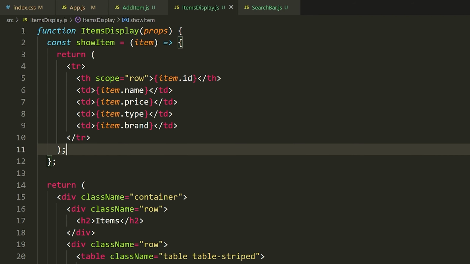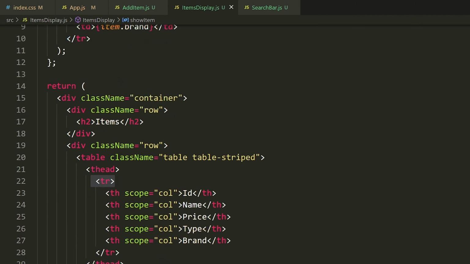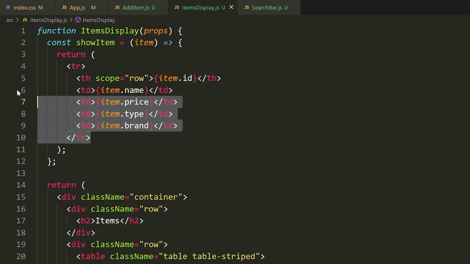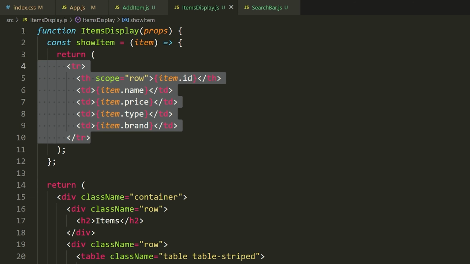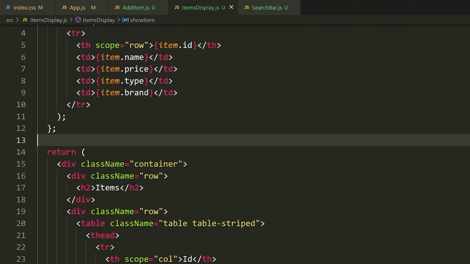Okay, so in case you're unfamiliar with what th does, it just bolds the entry. So I want the ID to be bolded. Usually you have one entry that's bolded to signify, hey, this is the identifier of this item, and then I'll show the name, the price, the type, and the brand of the item, right? And we just put it inside of a table row. So now what's happening is inside of our table body, we're going to be rendering different rows for every single one of our new items. That's all we need to do now to create this table. All right, so the table's created. I don't think there's any more classes that I need to define here.